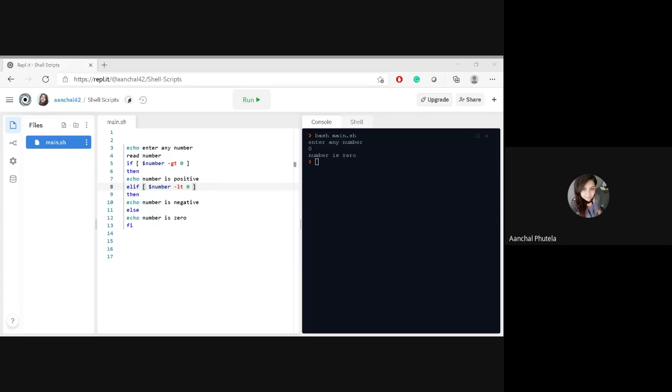Are you getting it? So this is the syntax of if else, how we are using if else in the shell script. Is it clear with everyone? How to use if else? Okay. Now it is your turn to write some scripts using if else. I'm giving you some scripts. Do those scripts and let me know over here. First script.